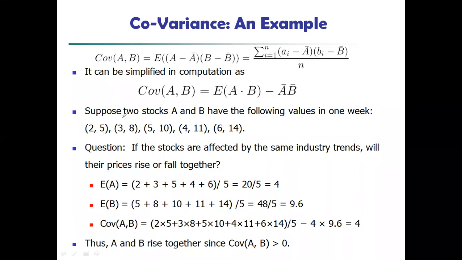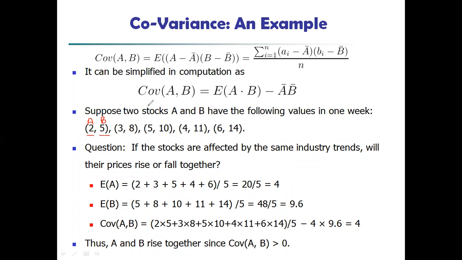This is just a small example for covariance. Here we have some values for a and b. The first one is the a attribute value, the second one is the b attribute value. Assume this is the set of values we have. In this set of values, the first value is always represented under a and the second one under b. Now we are going to calculate the covariance for this. How to calculate the covariance?